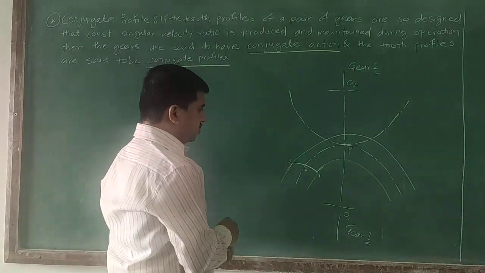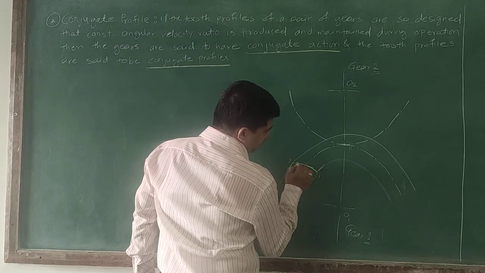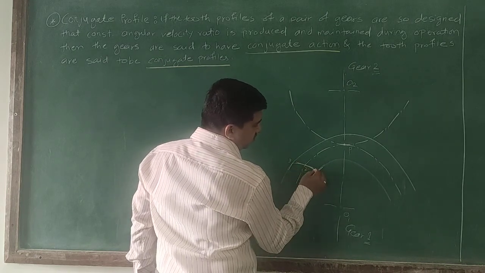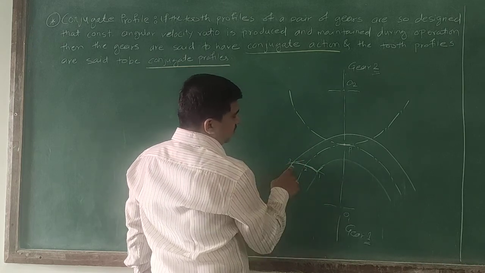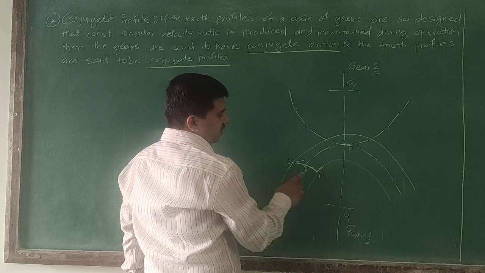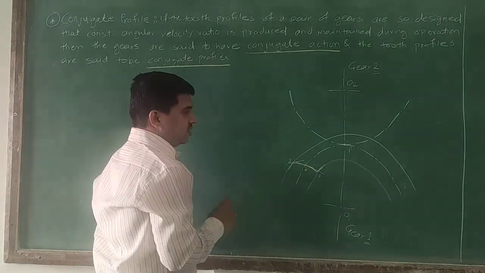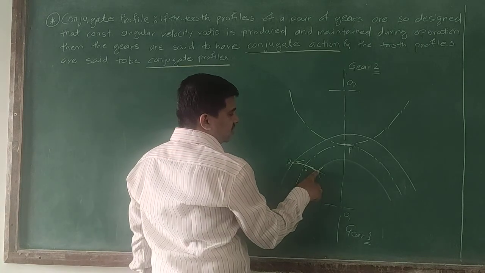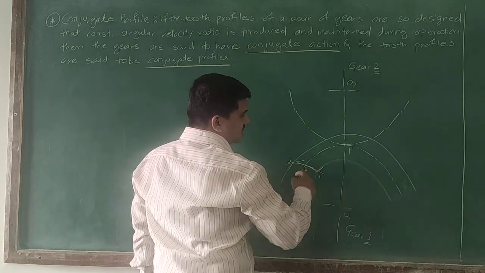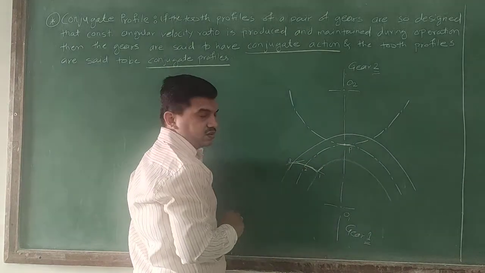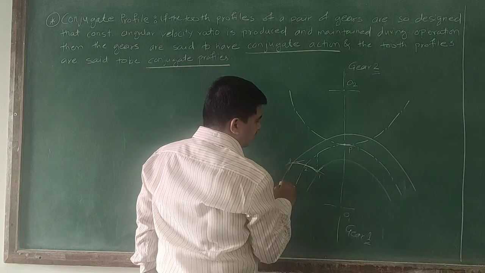Now we need to draw a tangent from each point. So this is the tangent from point number 2, tangent from point number 1 and tangent from point number 3. Okay, we have drawn tangents from 1, 2 and 3. Then now we need a normal to all these tangents which will be cutting this particular pitch circle. Okay, so if we draw that particular normal point like this,